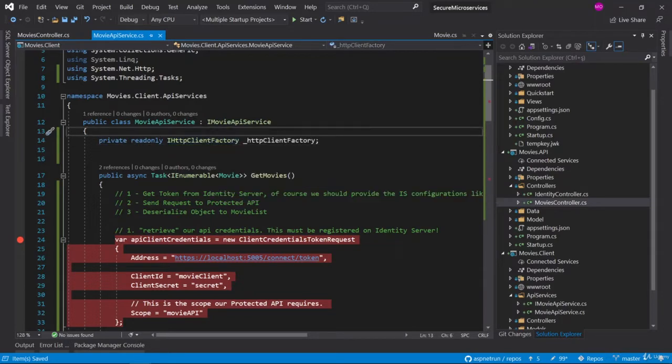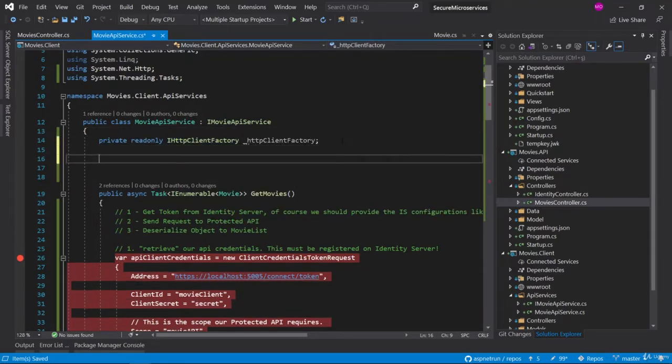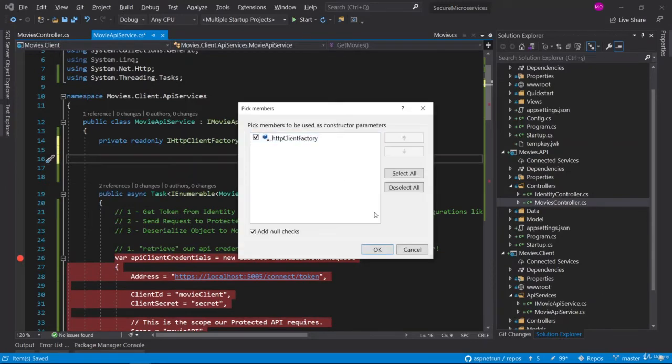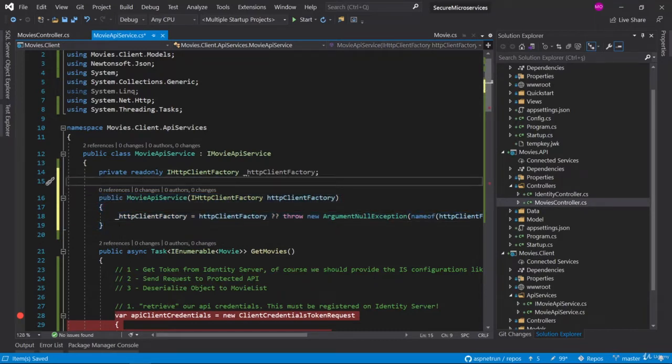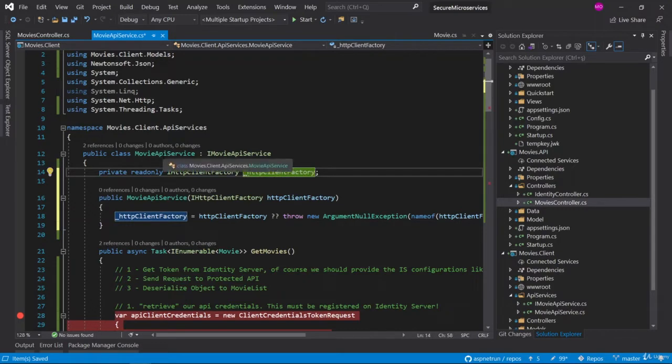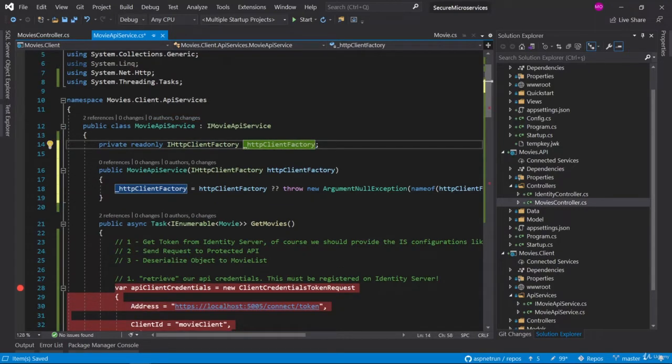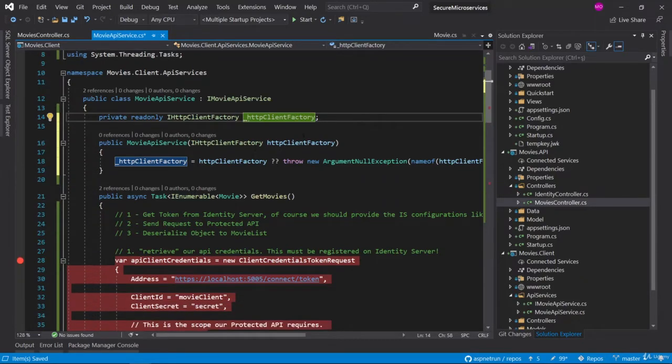Okay, as you can see, we have a read-only object, and now we are injecting this into the constructor. You can generate it or you can write your own. So this way we have injected HttpClientFactory into the movies API service. With this object we are performing the consume operations more easily and more properly.